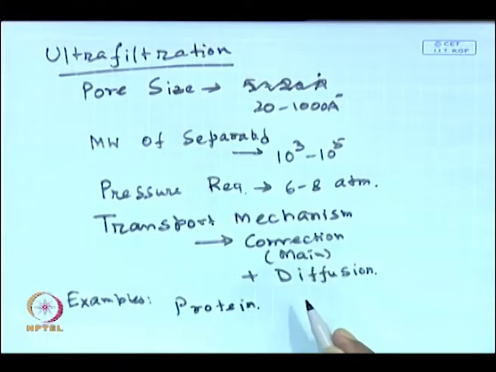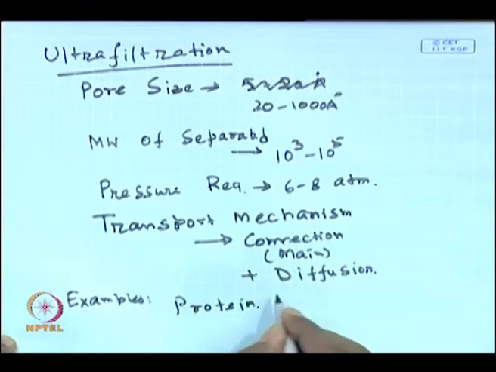One can separate out a particular solute. One can purify a particular solute by separating out water from the solution. One can fractionate it. Suppose you have two solutes, one with a molecular weight of 60,000 and another around 7,000. Then you can select a particular membrane, let us say 40,000 or 30,000 cutoff, that will retain the higher molecular weight solute on the upstream side and allow the lower molecular weight solute to pass to the downstream side. So, it can be utilized for fractionation.